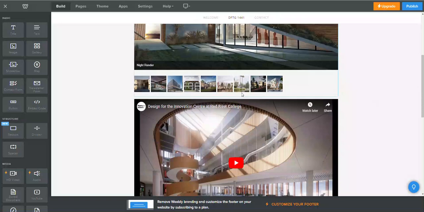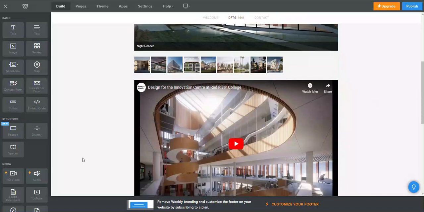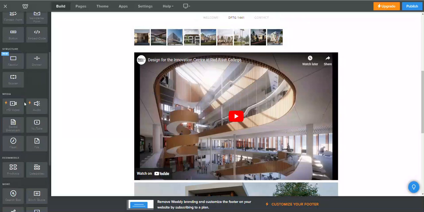The second part is to add a video. So as I mentioned, Weebly has, this is a free version, so there is an upgrade option. You can look into it as to the pricing, but one of the options of upgrading, it allows you to add video straight into your website. But if you want to still keep the free version, a different way to how to do that is adding